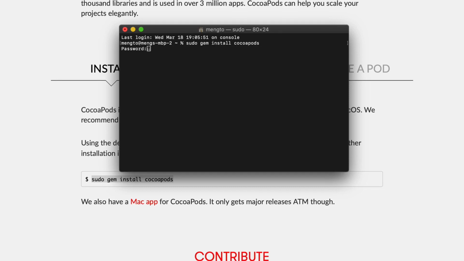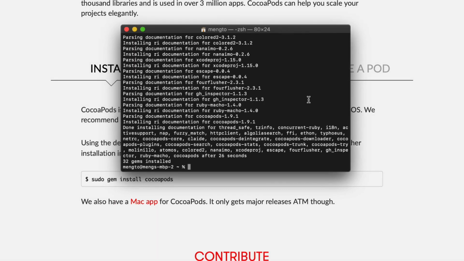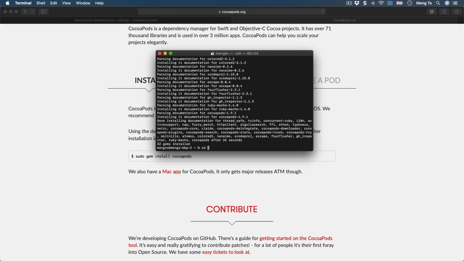It's going to ask for your password. This is going to be your Mac password, and after entering it, you're gonna press enter. It's going to install CocoaPods. After a few minutes, it's going to finish installing, and this is where we're gonna go to our project and install to our project. So we're gonna type cd, which means that we're gonna jump to this folder, and then